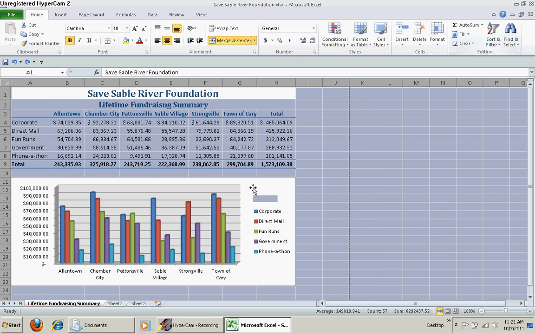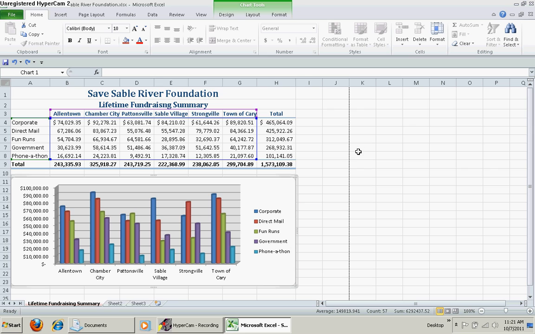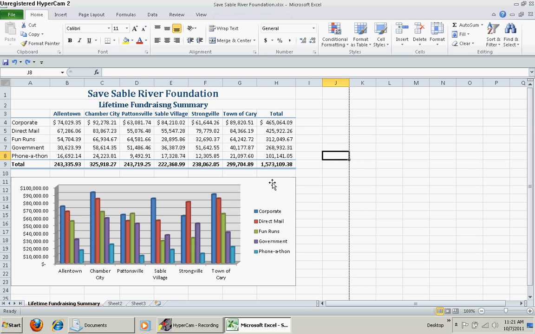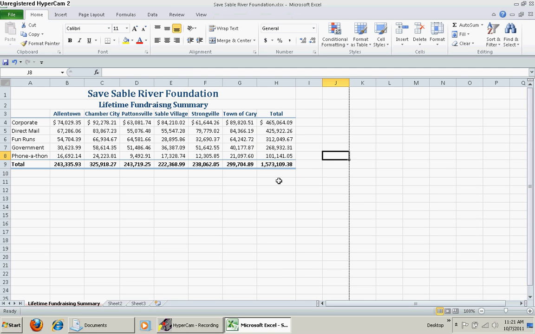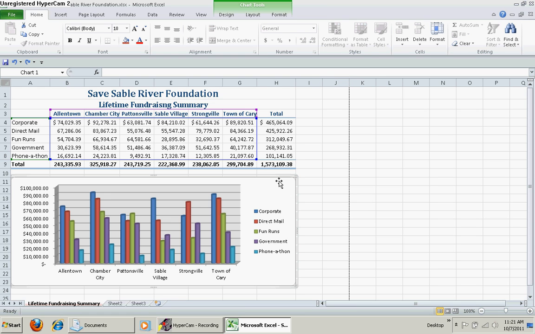Okay. Now if you wanted to get rid of a chart, what you do is you click once inside the chart and then you press delete on the keyboard and the chart is gone. I'm going to put it back, Control Z. Okay, and this is the end of